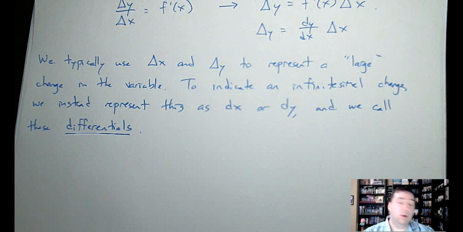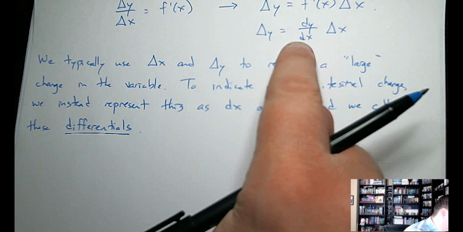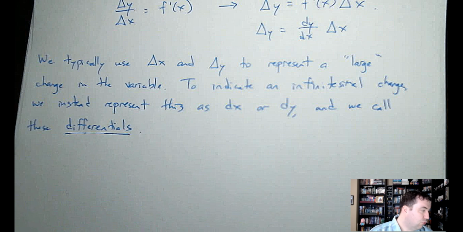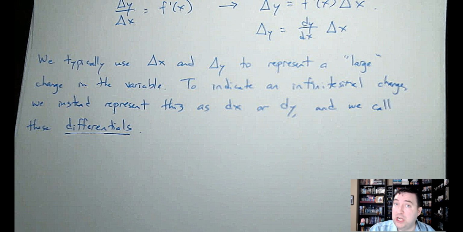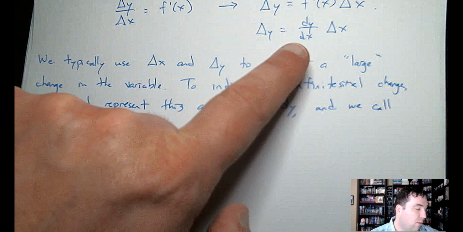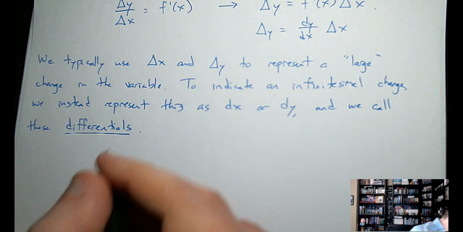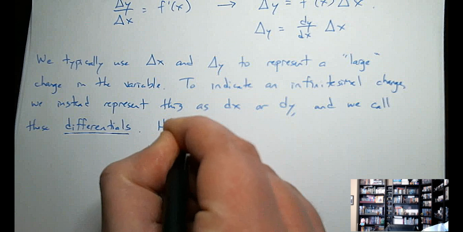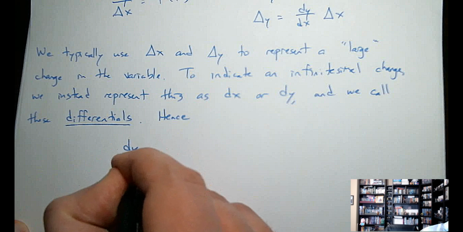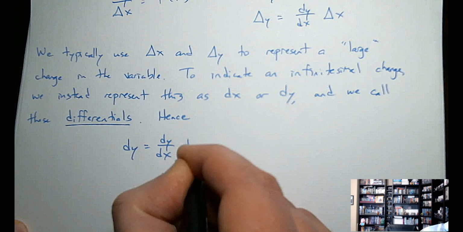So therefore, if a large change in y can be written as the derivative times a large change in x, then it's very natural to conclude that a very infinitesimal change in y, in other words, the differential for y, must therefore be equal to the derivative times the differential for x. So in other words, dy is equal to dy by dx times dx,